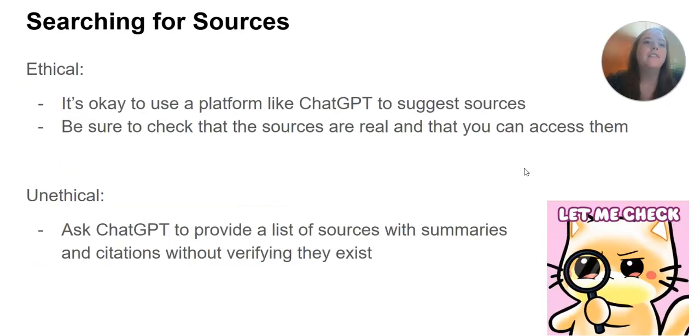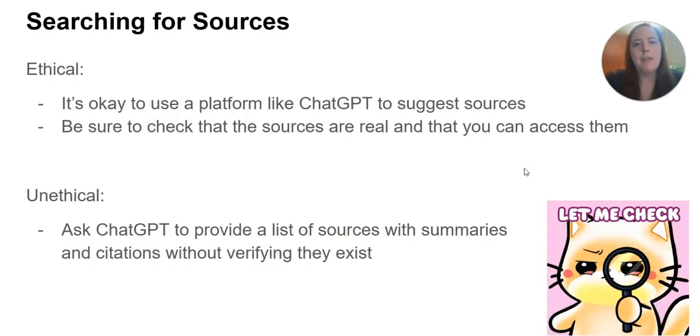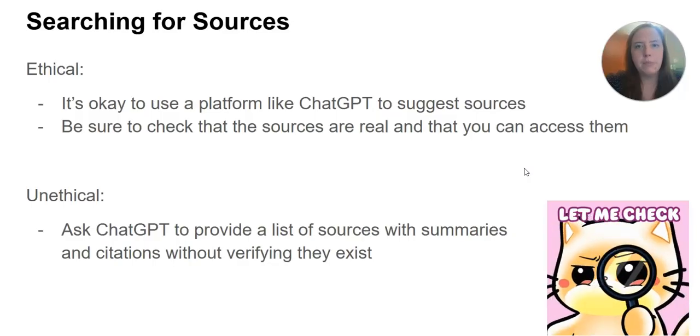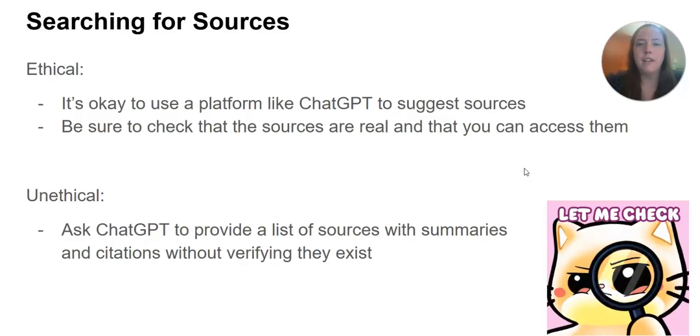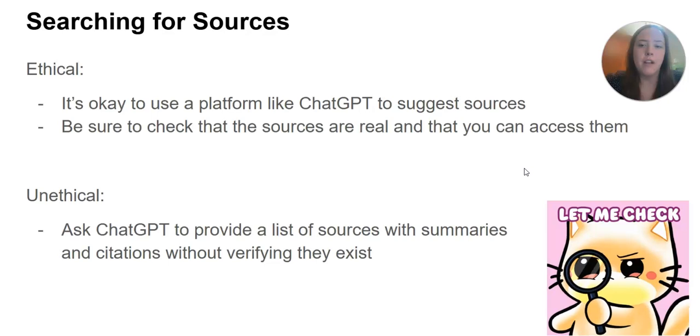Okay. Searching for sources. It is okay to ask in any AI platform, and please be reminded that this is purely for our class. Your other classes might feel completely different, and that's absolutely acceptable for them to feel that way. For me, for English 111 with Miss Osborne, it is fine with me if you want to use a platform like ChatGPT to suggest sources. You just have to make sure that they're real